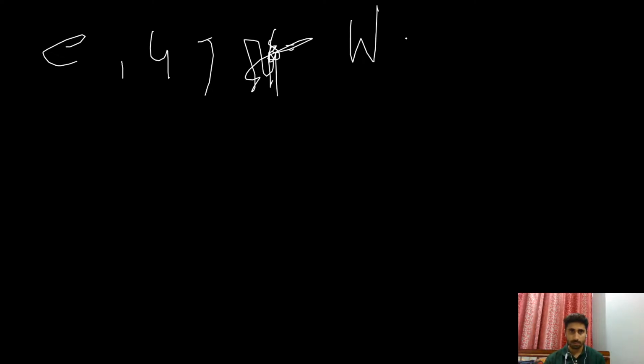So what was asked in this question was to find the amount of water to add to make that soil saturated. So we were given the value of void ratio, we were given the value of G, and we were given the value of w. Sorry, not S but w. We were given the w.